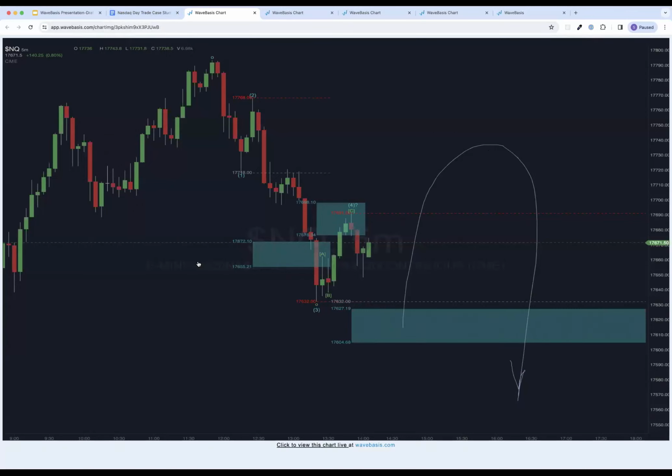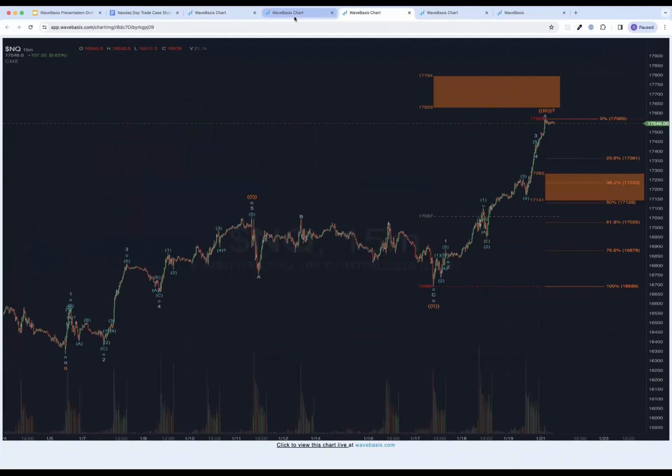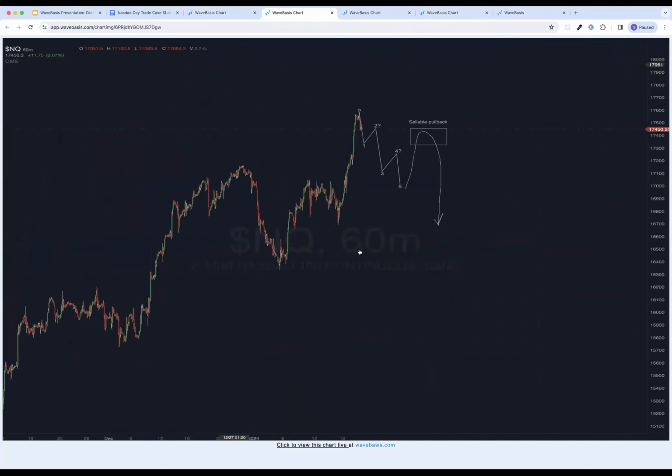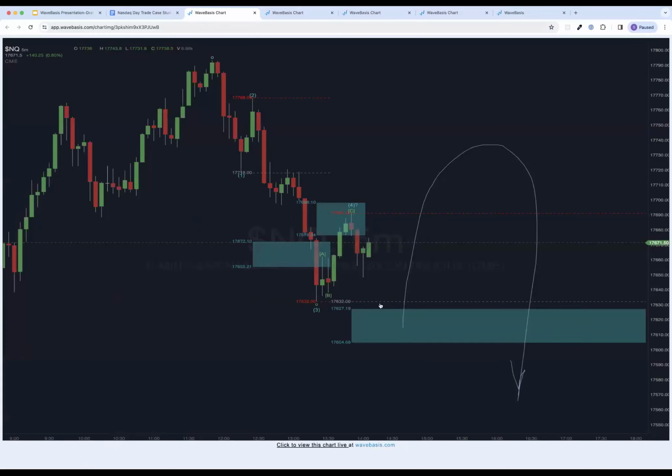And when you look at a chart like this, this was all spontaneous. I was just hoping to give him an example of what I had sketched out previously by hand. I did this on a 60-minute chart, which is going to give you a little bit more confidence than a 5-minute chart, but I wanted to show him in real time what I was talking about. So I said, if we get this drop down here and this doesn't morph into something else on the downside, and you get a bounce up, that could be a sellable bounce.